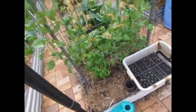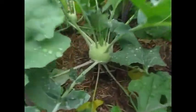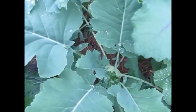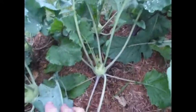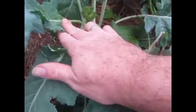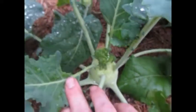I think we've got a fatality here in the snow peas, but such is life. There's more on their way. Kohlrabi's going excellent. Look at this one. Beautiful bulbs. Nice leaf. A couple have been hit by little bugs and that, but unfortunately I'd like to pick these guys to eat tonight, but